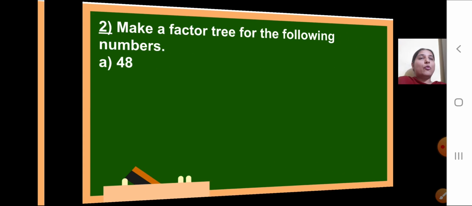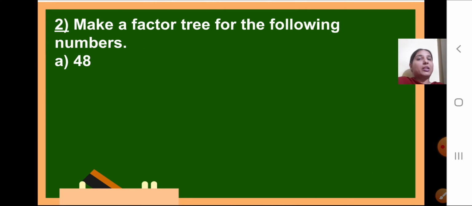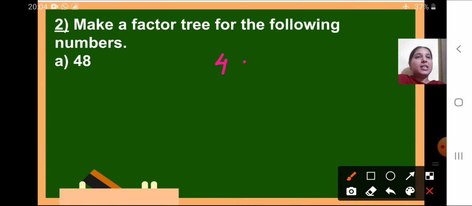Let's see how to do the factorization. So the first method is factor tree. So let's make a factor tree here. First we will write this number 48 here, and then you have to find its factors. So what are the two numbers which if we multiply them, we will get 48? So 6 8s are 48. You can think of any other number as well, like 12 4s are 48, isn't it? 16 3s are 48. So here I have taken 6 8s are 48.